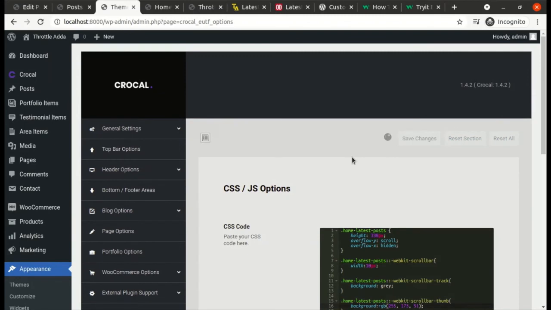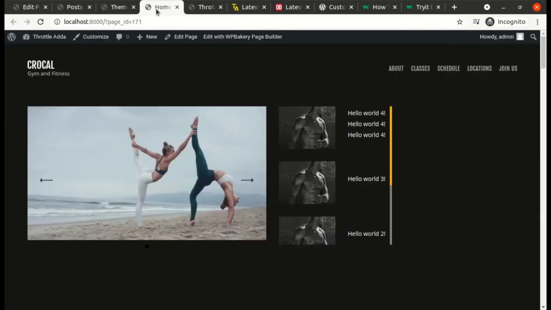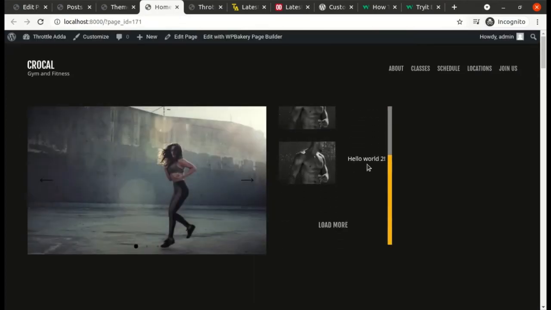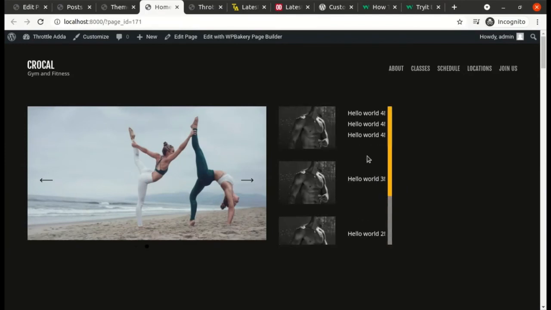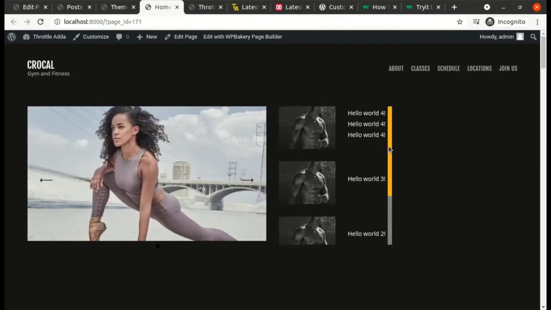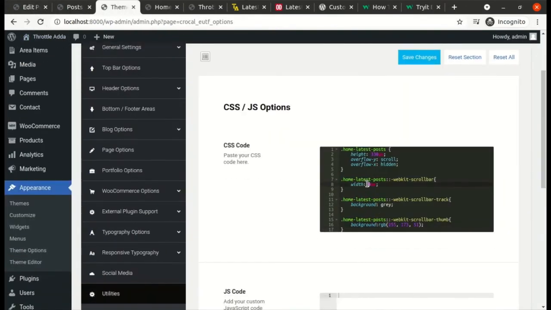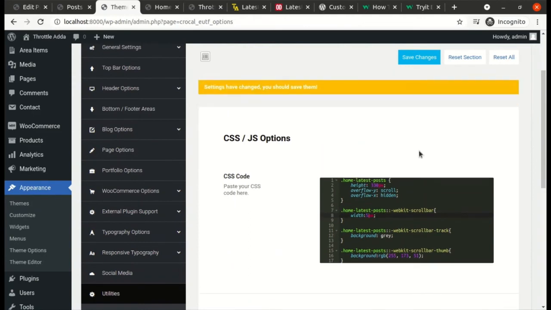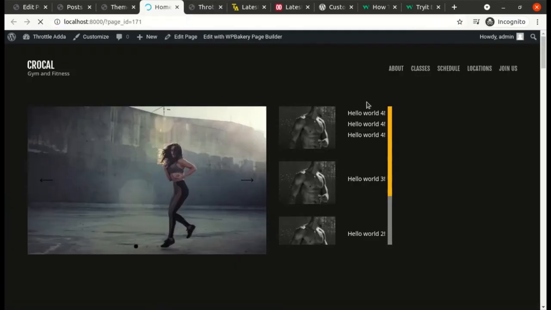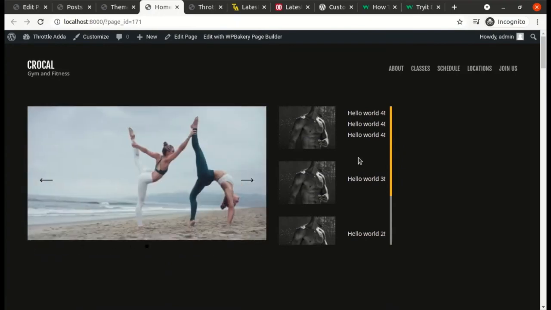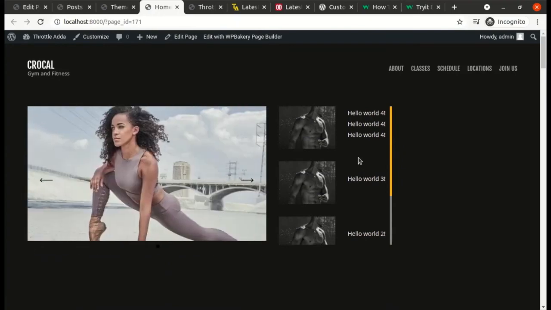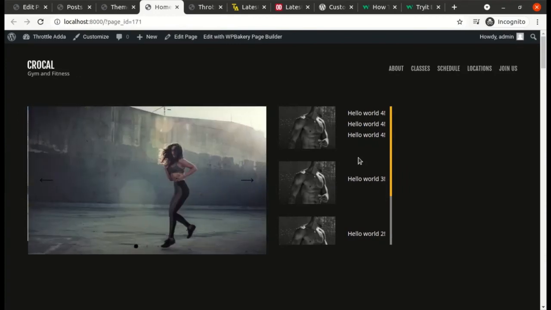Let's go ahead and check how it looks in the front end. Great. So now you see the scroll bar is achieved. Now let's see, the scroll bar is a bit thick with 10 pixel. We will go ahead and reduce it to 5 pixel, and we should see the exact same design that we want. Awesome, right? Simple tricks to create a custom scroll bar anywhere in your HTML, whether it is your WordPress or any other HTML design that you're creating.